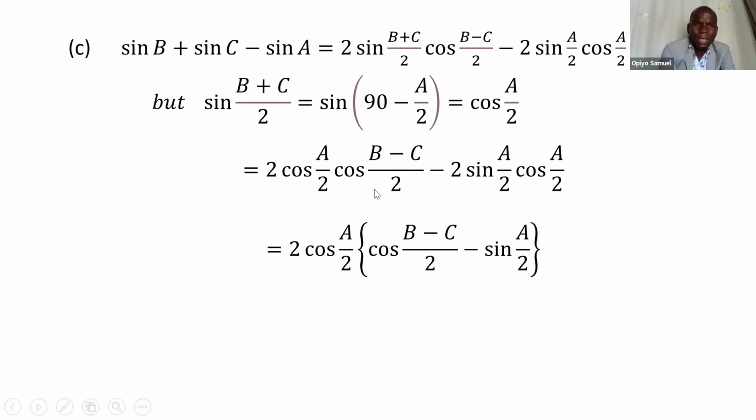So the next part, that is part C, we want to prove that, given that A, B, C are angles of a triangle, sine B plus sine C minus sine A equals 4 cos A out of 2, sine B out of 2, sine C out of 2. That is the question. So when we take the left-hand side,